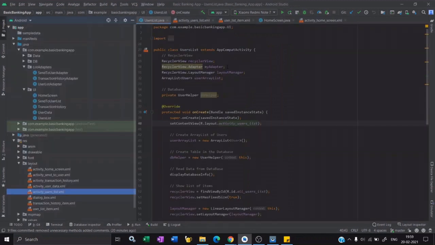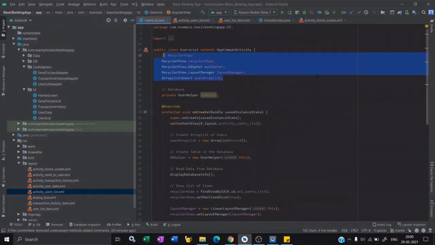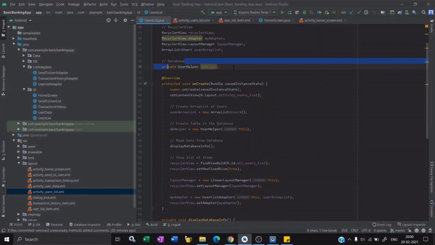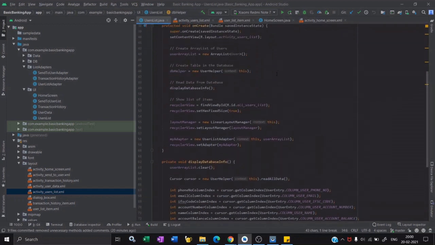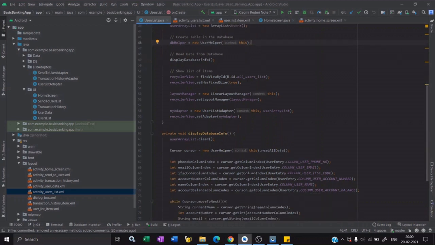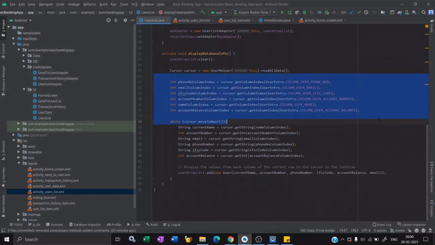So in the user list, we are inflating our layout and getting all the information from the database. So let's see what happens. In the onCreate method we are initializing our array list. We are initializing our database object, the user helper object, and we are calling display database info. So inside display database info, we are